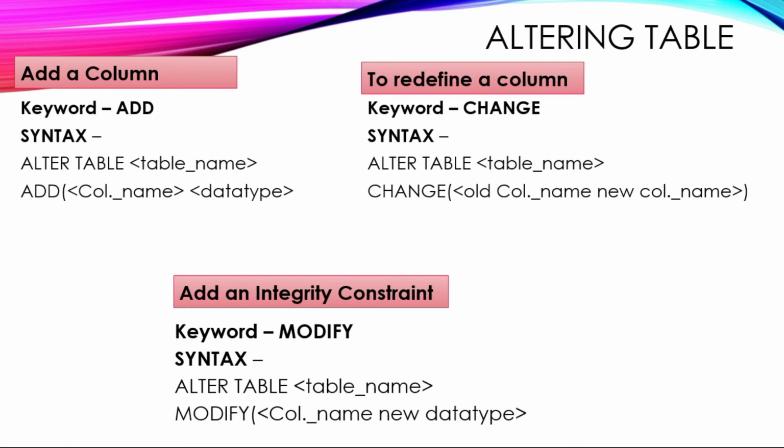If I want to give a new name to the column or if I want to change the data type of the column, if I have defined character limitation is 20 but the character are exceeding more than 20, then I want to change the size of the character. So at that time I can use alter table command. With the help of modify keyword, I can change the data type of my existing column. So this was about your alter table.